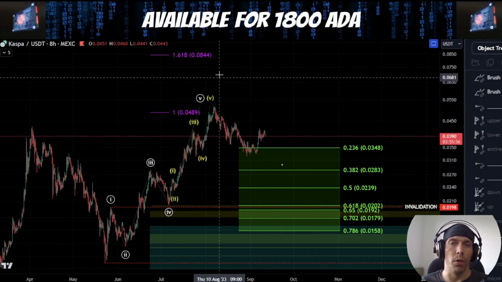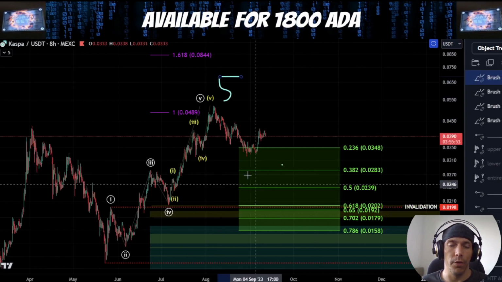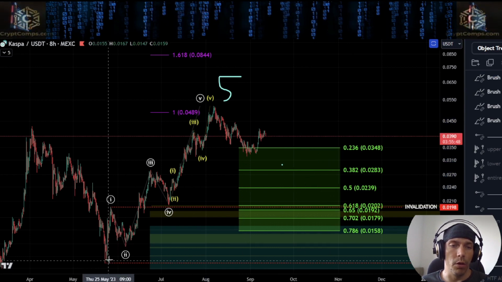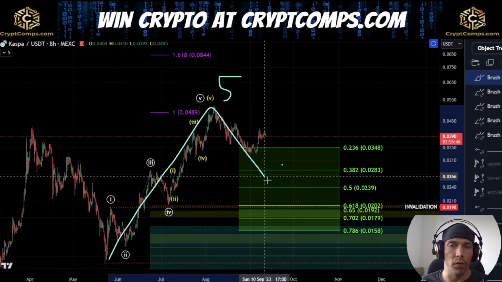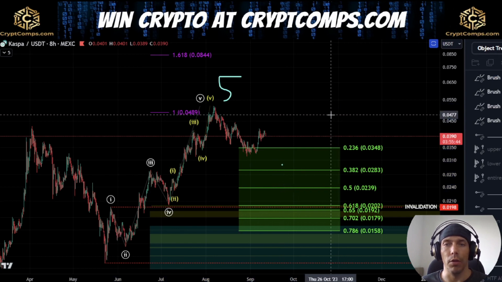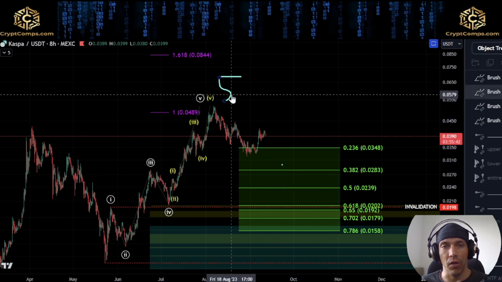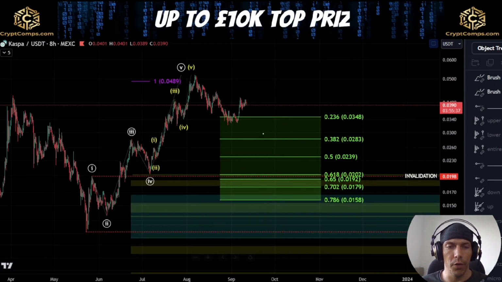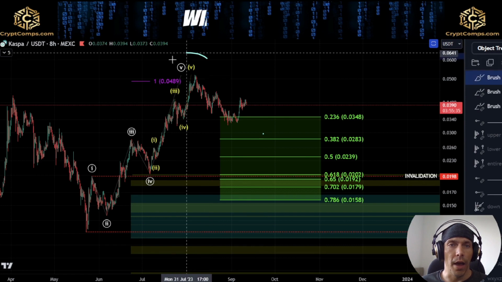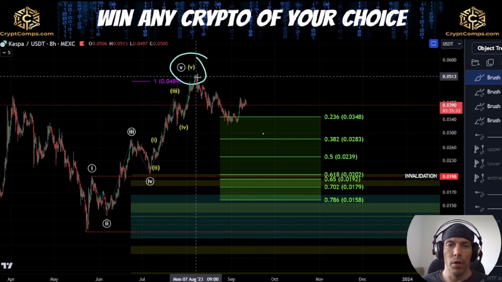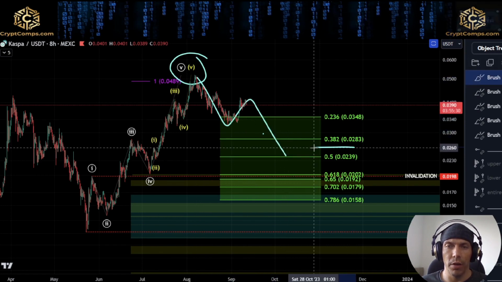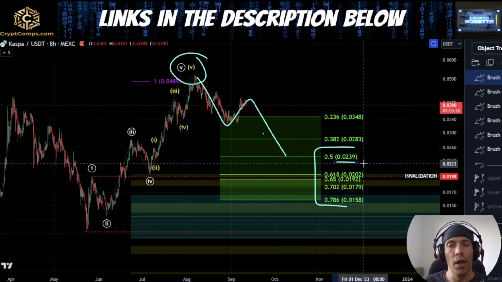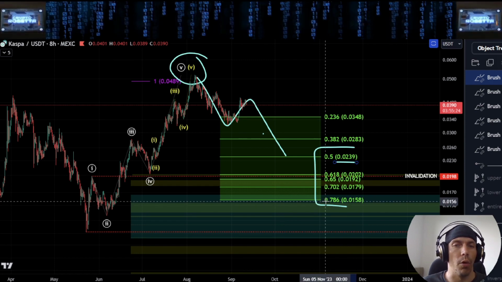And what we are looking for is that either this is that higher degree fifth wave, and we're looking for that bigger fourth wave, or alternatively, we're looking at this as a new structure where this is becoming 1, 2, and then we're going to be looking for continuation after a deeper retracement here. Now, the idea within this would be that if this is a completed move here, and we are looking at this as a wave 1, we'd be looking for a deep retracement, most commonly between this 50% and the 786, which is sitting here towards this 0239 to this 0158 level.